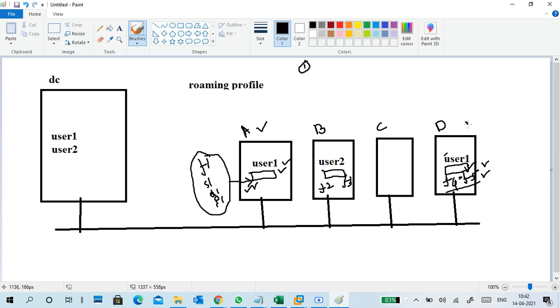The next day he went to PCD and created some data there. And the next day he came back to PCA and logged in. He can see this data, but he cannot see that data here.